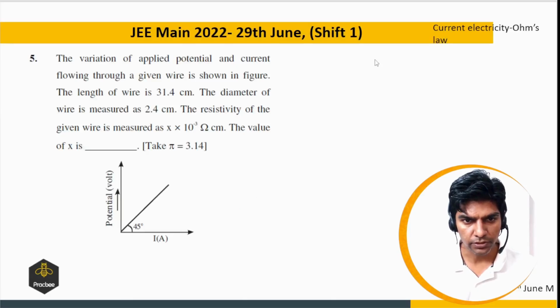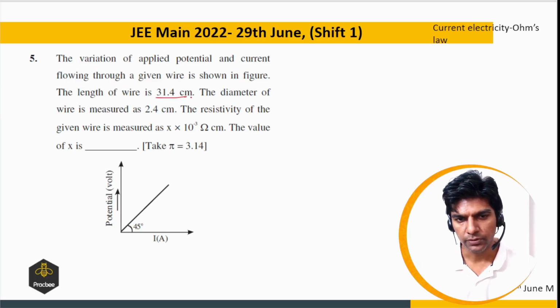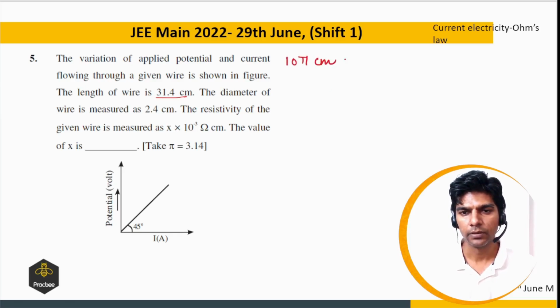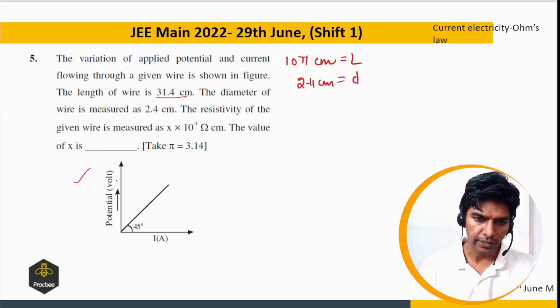Now let us see another illustration. The variation of applied potential and current flowing through a given wire is shown in the figure. The length of the wire is 31.4 centimeter. If you look at 31.4, it is nothing but 10 pi centimeter. The diameter of the wire is 2.4 centimeter. The resistivity of the given wire is measured as x times 10 raised to the minus 3 ohm centimeter. The value of x is, and we have given the graph of potential and the current,